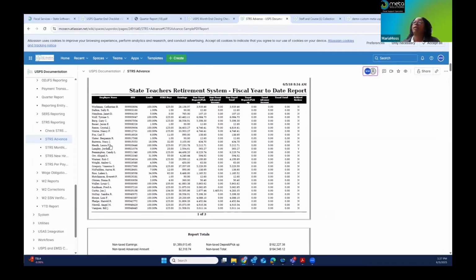It has your employee name, their social security number, their service credit, their STRS days, their earnings, the non-tax pickup, the non-tax advance amount, the non-tax total, the deposit, the advanced amount, the tax total, and whether or not they're a rehired retiree.